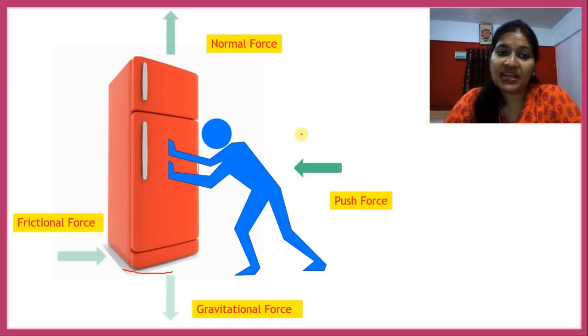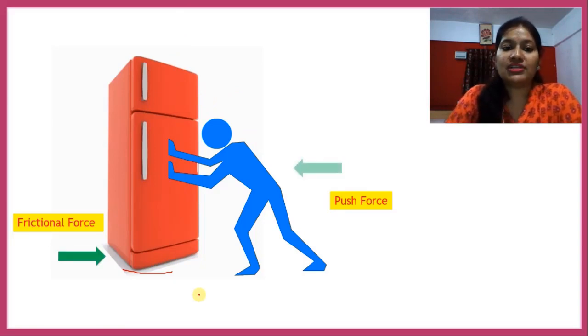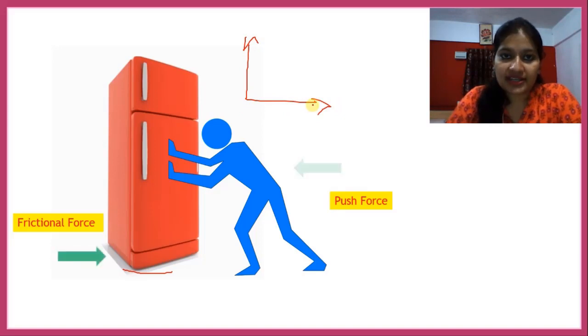Let's explain this with a mathematical expression. First of all, let us consider the vertical forces, the net vertical forces. Here children, you need to understand this. This is our coordinate system. This line, the x-axis, we call the horizontal, and the y-axis is called the vertical. First of all I will discuss what the net vertical force is. So what are the two vertical forces? Gravitational force and normal force.